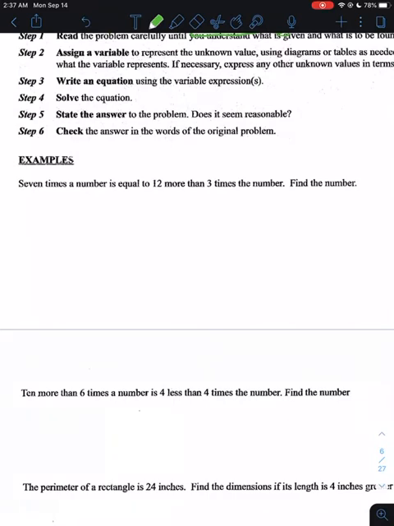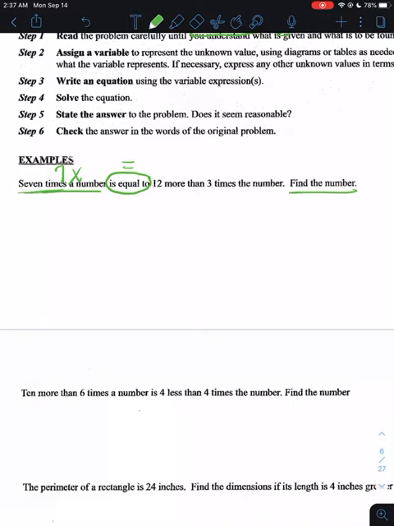So my first example is 7 times the number is equal to 12 more than 3 times the number. Find the number. All right, they want me to find a number. What is the number? We don't know what the number is. So we start off by writing an equation. It says 7 times a number. Again, I don't know what the number is, so this would be 7 times x, or just 7x. Is equal to, that's your equal sign,